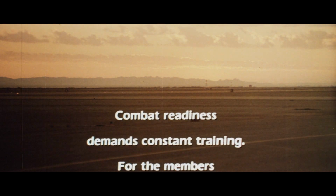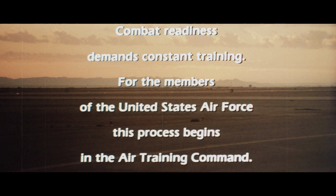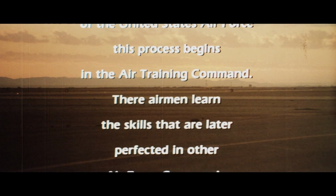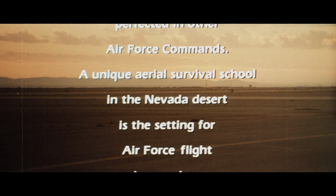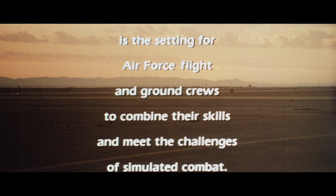Combat readiness demands constant training. For the members of the United States Air Force, this process begins in the Air Training Command. There, airmen learn the skills that are later perfected in other Air Force commands. A unique aerial survival school in the Nevada desert is the setting for Air Force flight and ground crews to